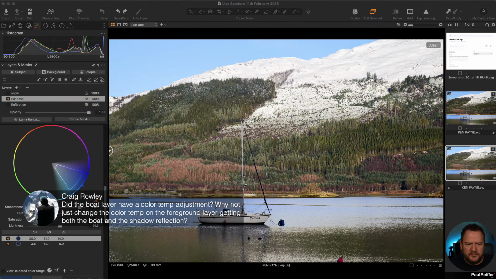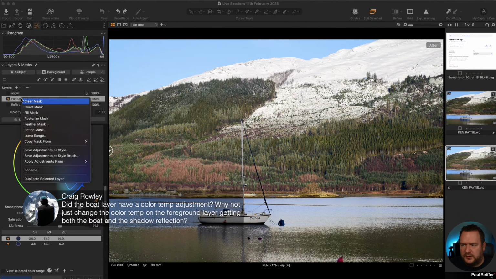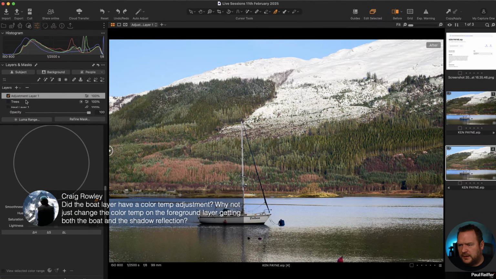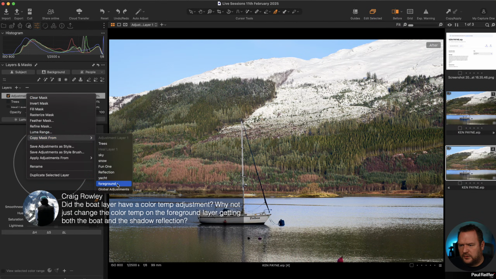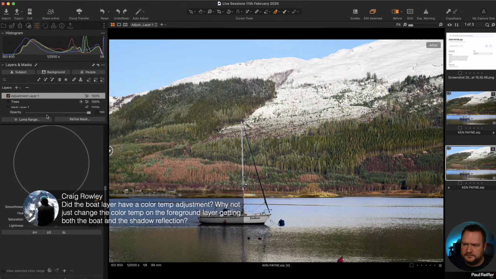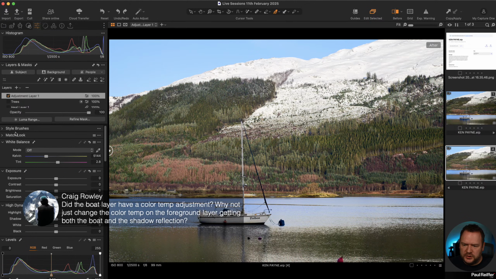Craig, did the boat layer have a color change or color temperature change? Yes, it did. The problem is that color change, if I just rely on that, so let's create a new layer and copy the mask from my fun one and just rely on the white balance change.